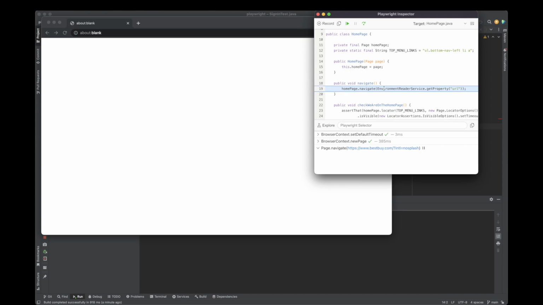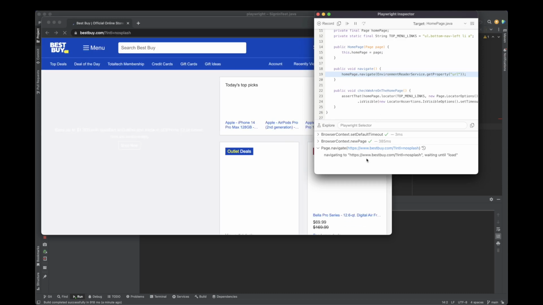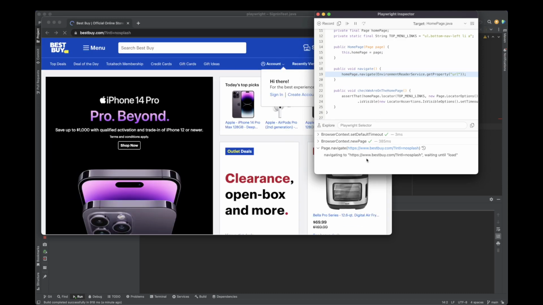So it actually stopped right before performing the navigate action. I have two options right now. I can either go with play, with resume, which will play the rest of my test without any more pauses, or I can step over it, and this will bring me to the next action. So it will navigate to the Best Buy URL, and it will bring me to the next action,